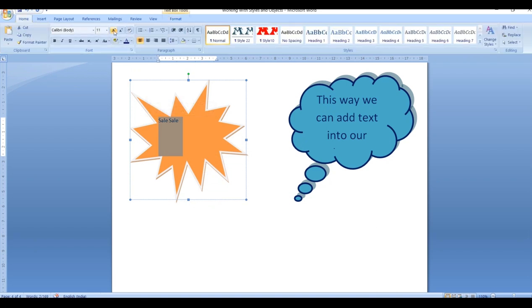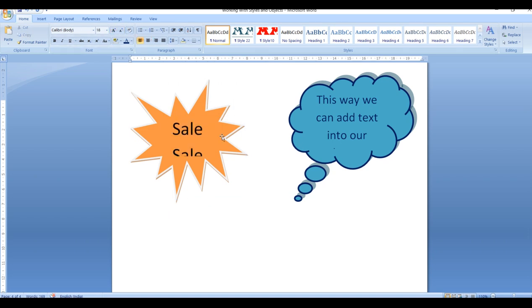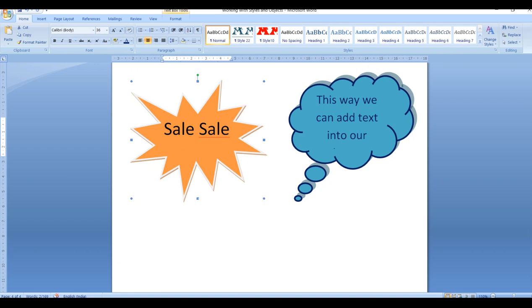I'll just go to the home tab. So this way I can add any kind of text into my screen.